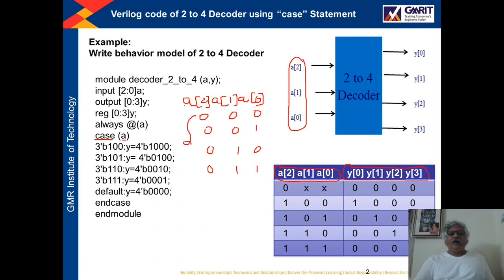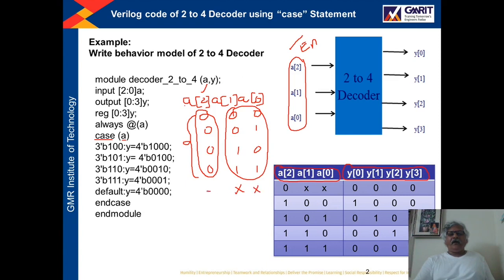These four will be the conditions when A2 is 0. When A2 is 0, this means your decoder is not active, because A2 belongs to the enable input. So if A2 is 0, then whatever the value of A1 and A0, you can say it is a don't care.